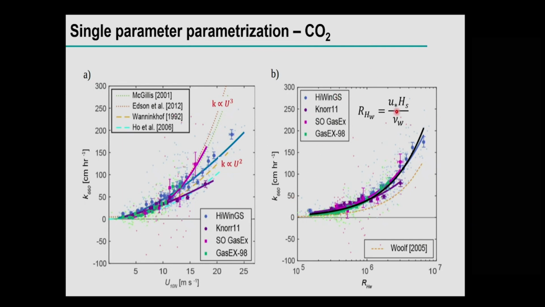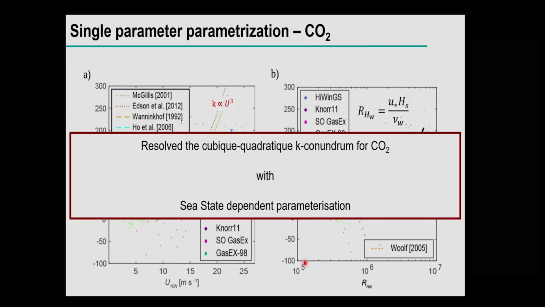So what I did quite simply is I decided to express the gas transfer velocity in terms of a Reynolds number that combines something about the winds and something about the waves. So here is significant wave height. And to my surprise, they all collapsed nicely on a simple curve. So with that, just adding significant wave height, we managed to have a better expression for the gas transfer velocity for CO2, and this is something that should be interesting for the climate community that still uses just a quadratic